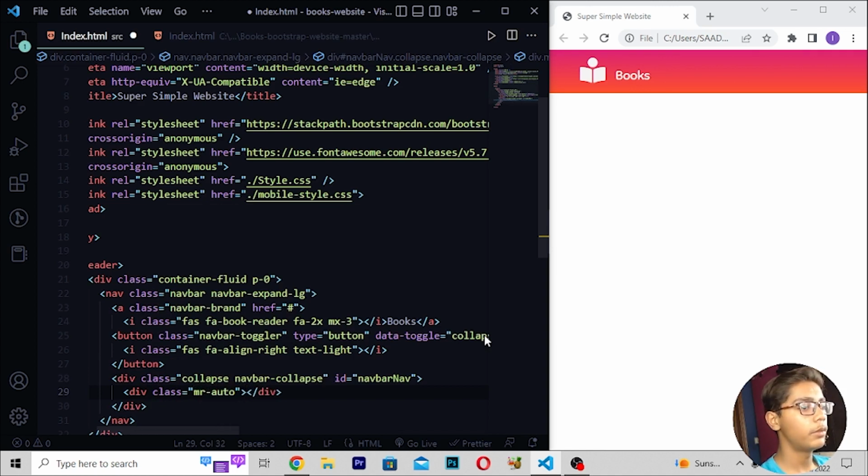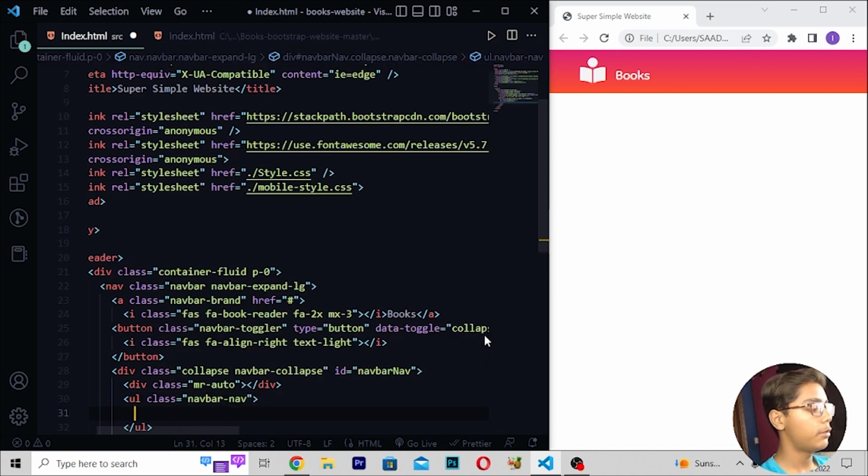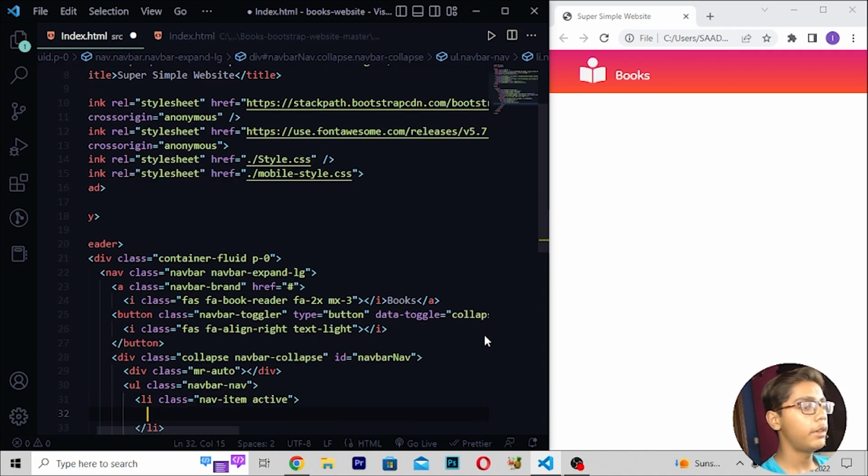Then you have to just move down after this, right here ul class. Then I will be writing navbar, and here I will be now writing nav. Then you have to write here li class. Then I will be writing here nav-item active. Then you have to just move down. Then when you've written this, here I'll be writing a tag, and right here class, which should be nav-link. Then I will be now writing href equals hashtag. Then right here, home. Then you have to just do one thing.